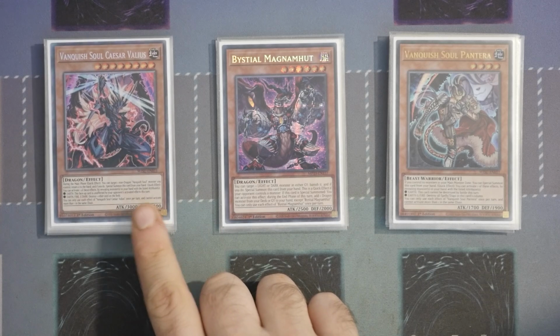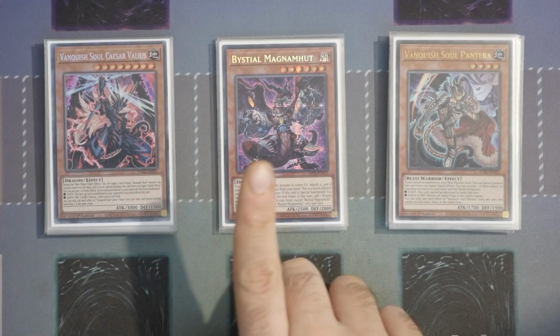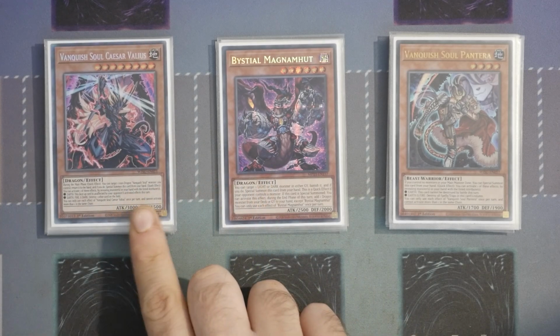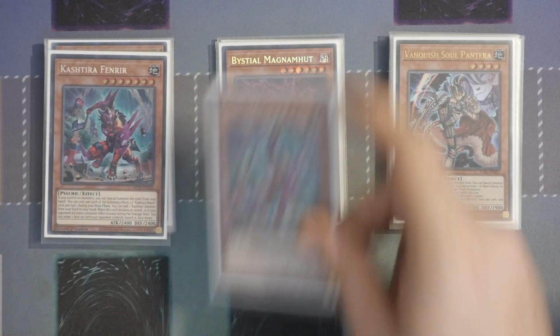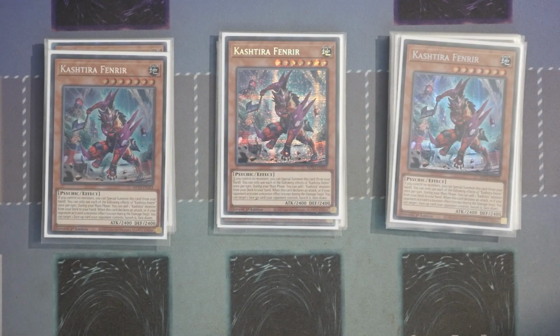You can play 2 Caesar if you want to. But the pure fact that this can be searched by Magnemute, it can be searched by Yugioh, and it can also be searched by Raisin is absolutely insane. And then for the other earth monsters, of course, the most important earth monster for the deck is Fenrir, purely because it will then